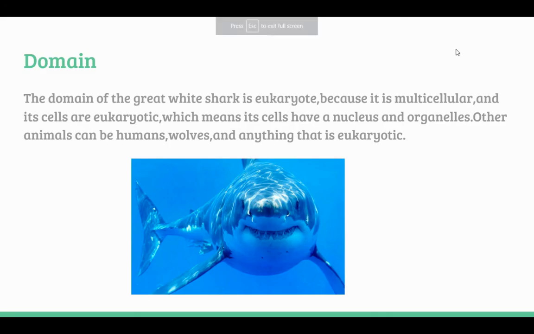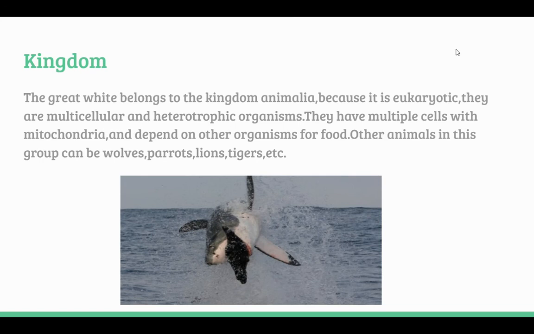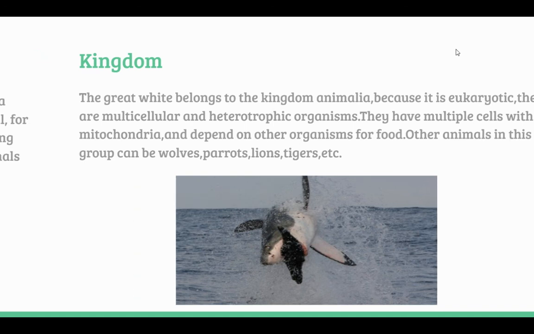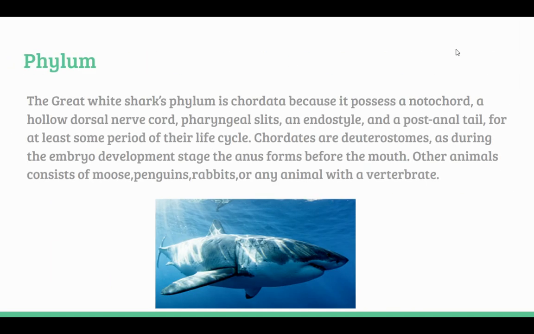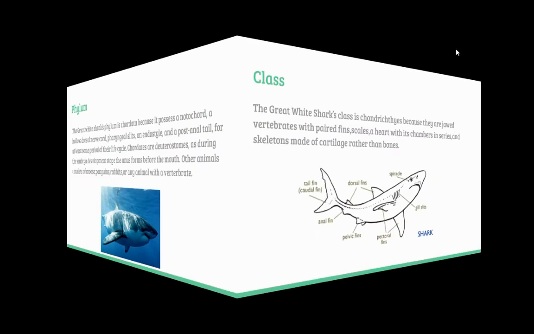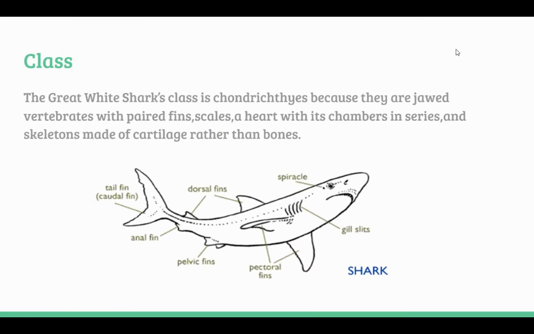The domain of the great white shark is eukaryote because it is multicellular with cells that are eukaryotic, which means it has a nucleus and organelles. For its kingdom, the great white belongs to the kingdom Animalia because it is eukaryotic and they are multicellular heterotrophic organisms. Phylum is Chordata because it possesses a notochord, a hollow dorsal nerve cord, pharyngeal slits, an endostyle and a post-anal tail for at least some period of their life cycle. Class is Chondrichthyes because they are jawed vertebrates with paired fins, scales, a heart with its chambers in series, and